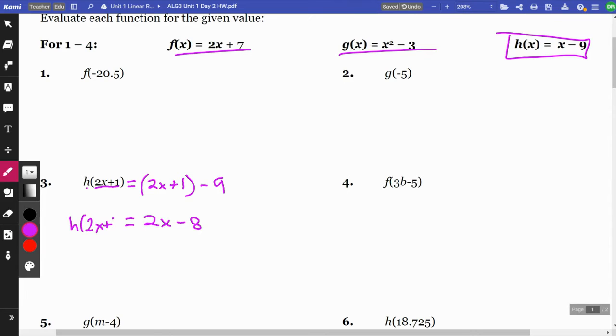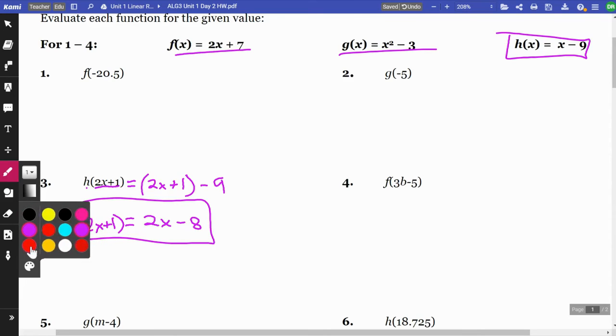2x plus 1. So it's a relatively more simple example. One more briefly would be if I did number 4 here, this is saying f